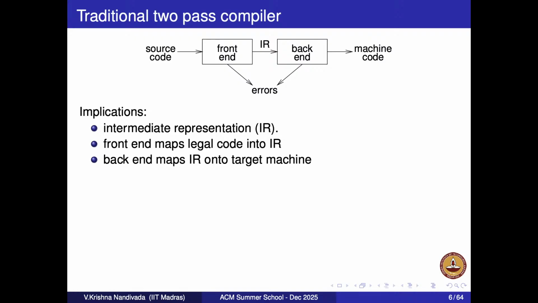We also said the backend can give errors. Give an example of a backend error. What does the backend do? Optimizations, code generation, and so on, right? Now, what error can there be in a backend? I want very specific errors, hardware related, backend related. Be more specific. Again, be convinced.